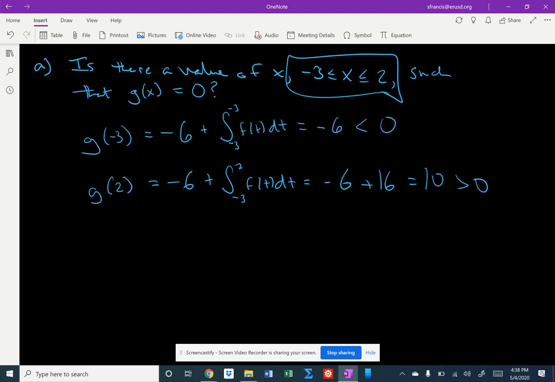They didn't require continuity to be mentioned in the solution guide, and I think that's because g is defined in terms of an integral. And I don't think they expect students to make a continuity argument about a function defined in terms of an integral. So you can just focus on the IVT argument for this one here. So something like, since g of -3 is less than 0, actually, if we do it like we did in class, which is equal to -6, which is less than 0, which is less than g of 2, which is equal to 10,